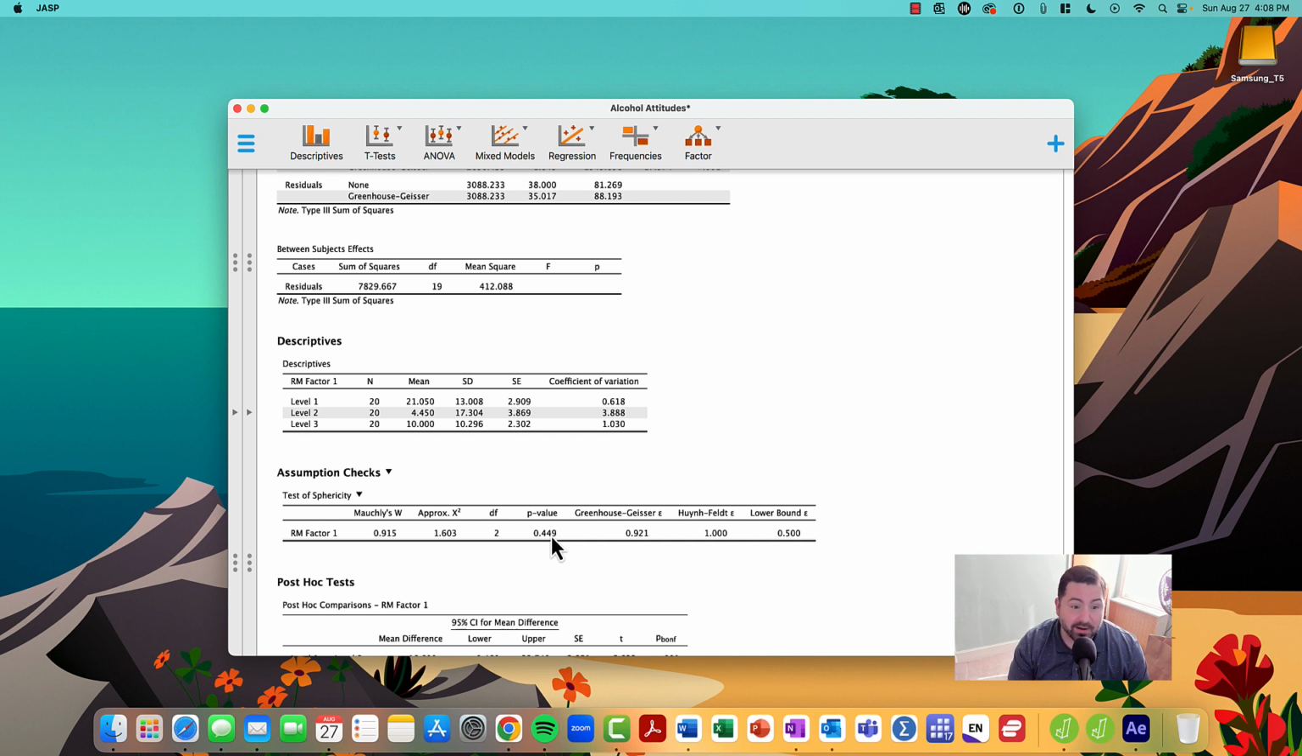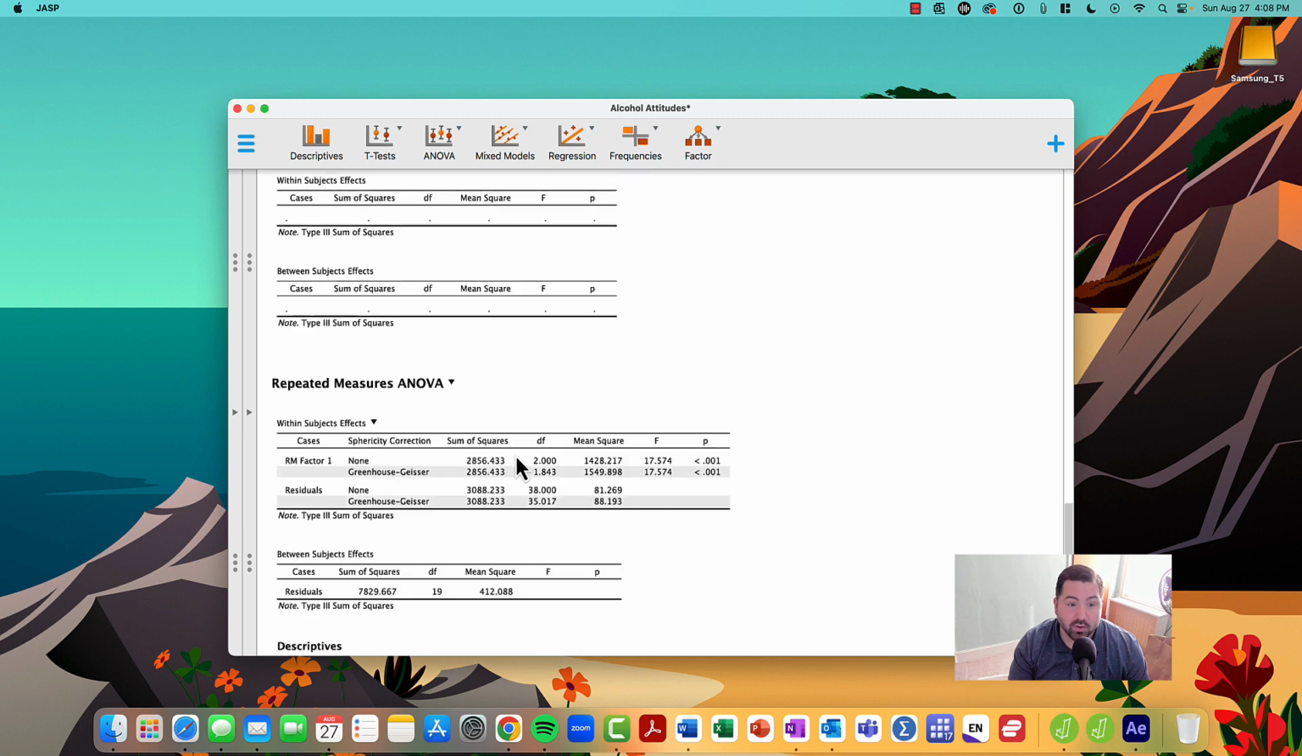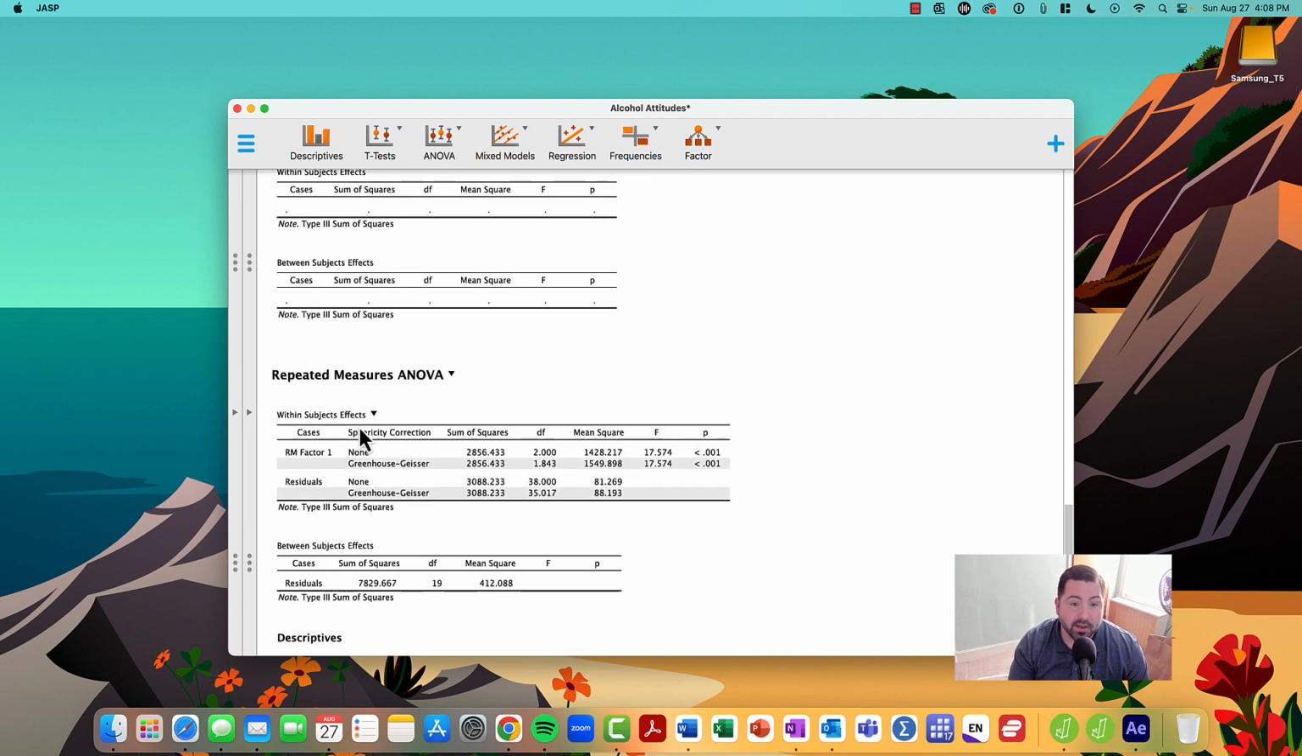So because we met the basic assumption of sphericity, we can go ahead and look at the sphericity assumed line when we look at a repeated measures ANOVA here. So once again, we have a repeated measures factor, and we can look at the none line because we met the basic assumption of sphericity. If we violated the assumption of sphericity, we would be looking at the Greenhouse-Geisser line. So looking at the sphericity correction of none, since we met the assumption, once again, we would determine the sum of squares between and within, and